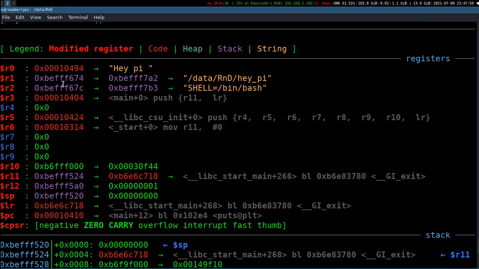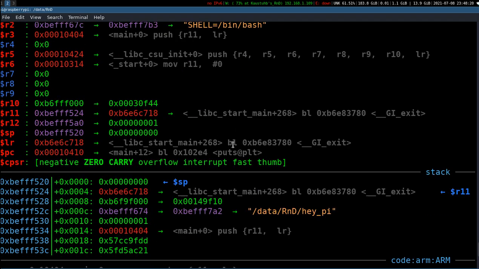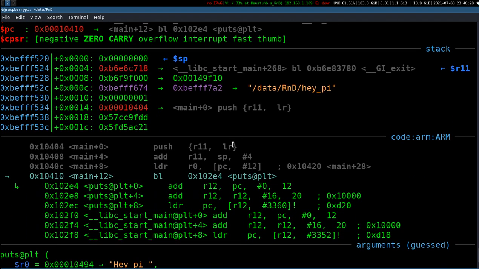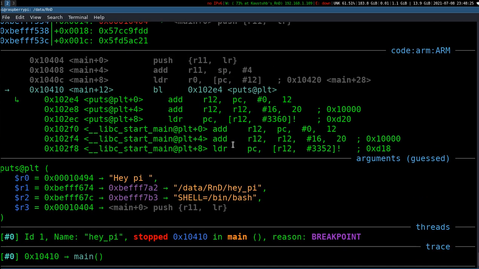R0 is loaded with Hey Pi, R1 is loaded with the address of this path, R2 is loaded with the shell value, R3 is something main, push R11 to LR. And again R5 like push R4, 5, 6, 7, 8, 9, 10, 11 and the link register. R7 is blank, R8 is blank, R9 is blank, and SP is currently at 00. So this is the beautiful view which we got from GEF.